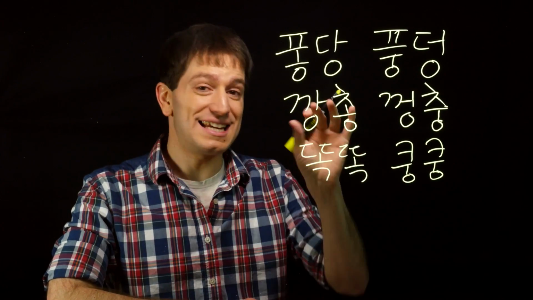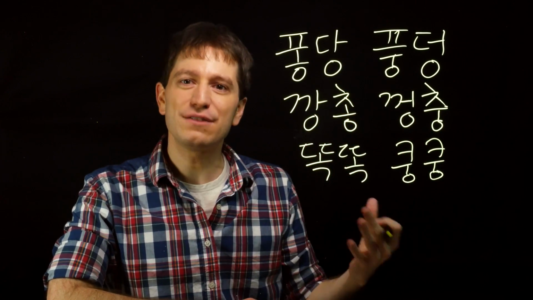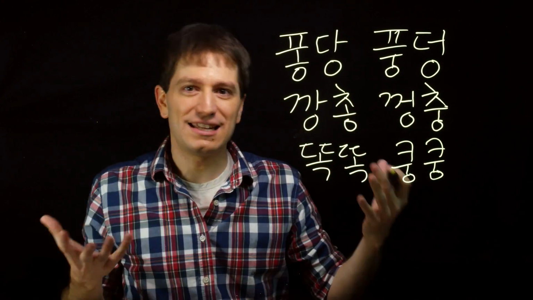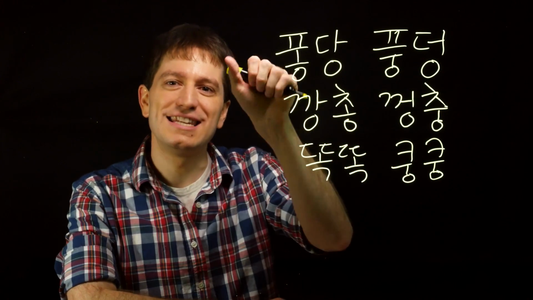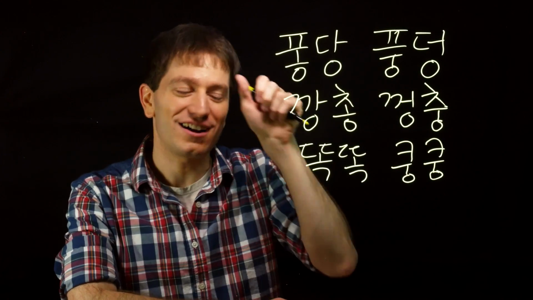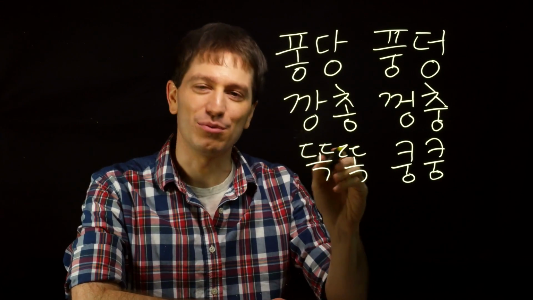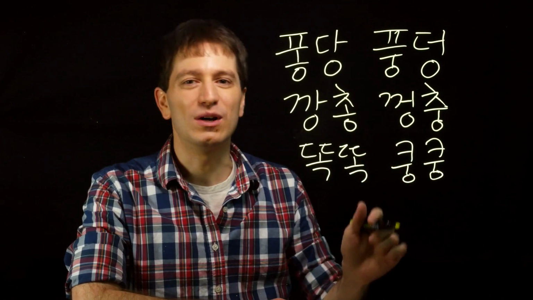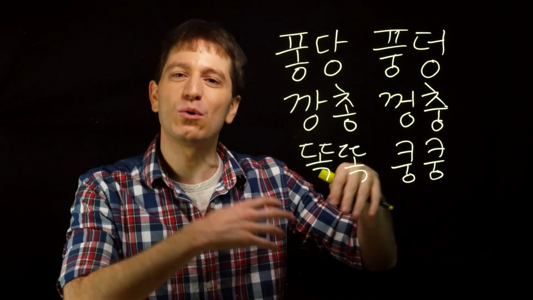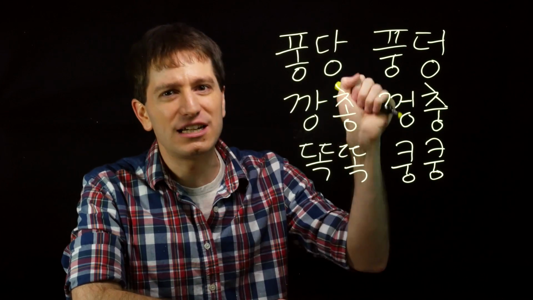It doesn't have to be the exact same onomatopoeia either. This difference extends to seemingly unrelated vocabulary as well. Tok tok is a light knock on a surface by the two bright vowels, whereas kung, two dark vowels, is a heavier, darker, more of a negative sense, more like a pounding on the door.